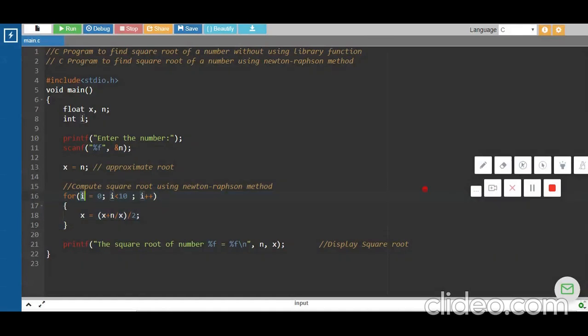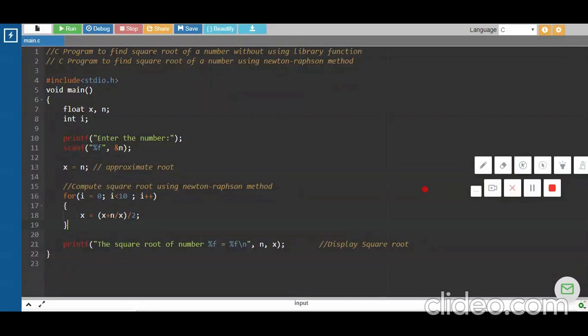I have initialized i with 0 and the condition is i less than 10. The incrementation part is i plus plus. i will be incremented by 1 every time the loop is executed. In the loop body, I have the formula of the Newton-Raphson method. So let us recall it.